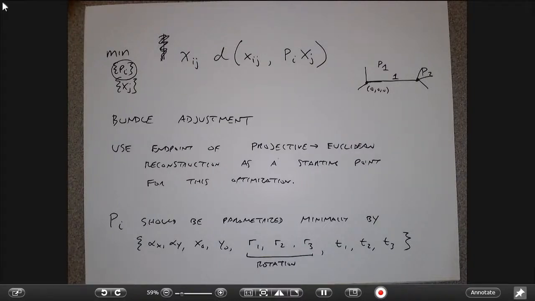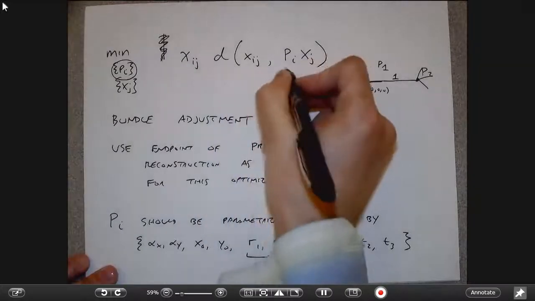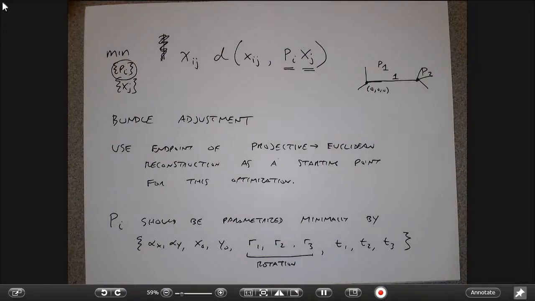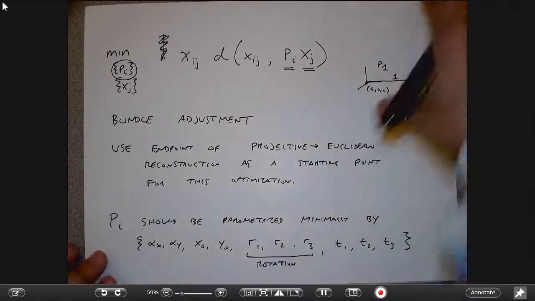So the final thing I want to say about this is that there is a huge dimensionality to this problem, right? Like I said, there are possibly tens of these and possibly hundreds of those, so there are lots of degrees of freedom. And if you try to solve the problem without thinking about how it is structured, you'll end up with massive matrices, and it will take you a very long time to solve, right? But one thing to observe that makes the whole problem a little more tractable is that